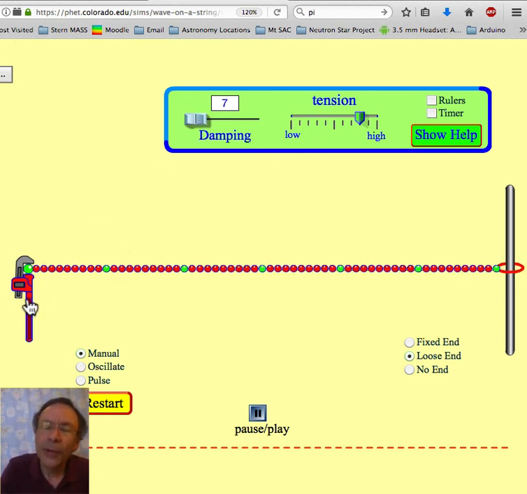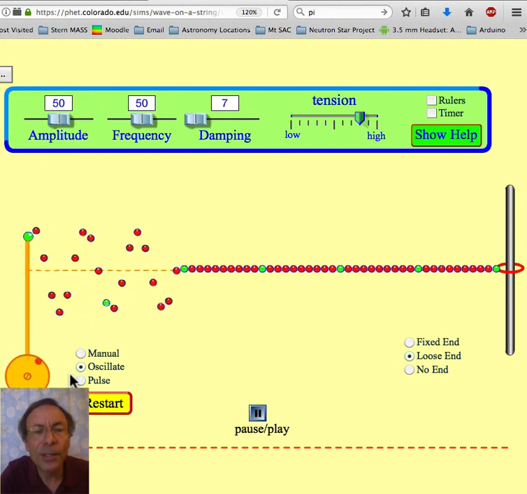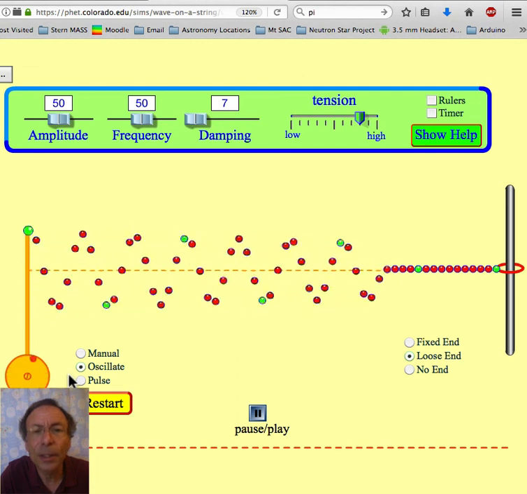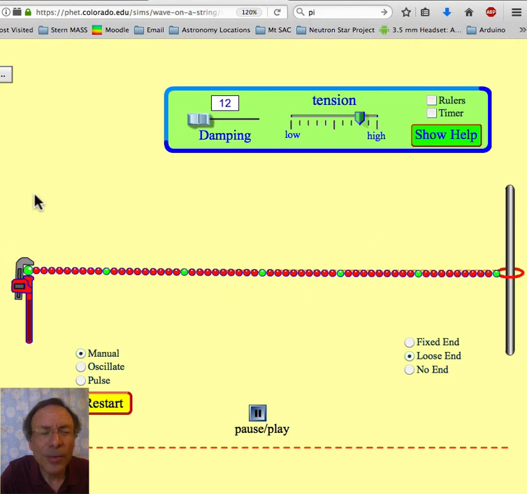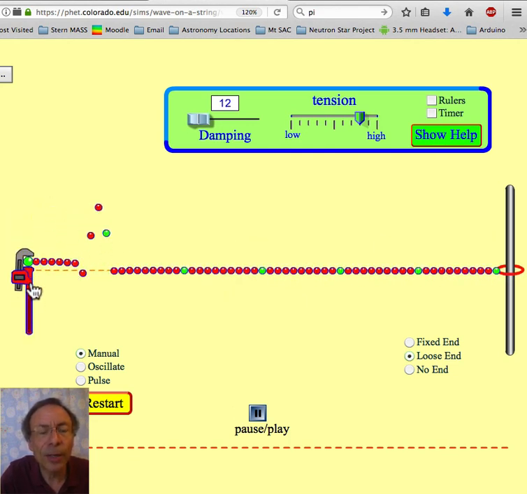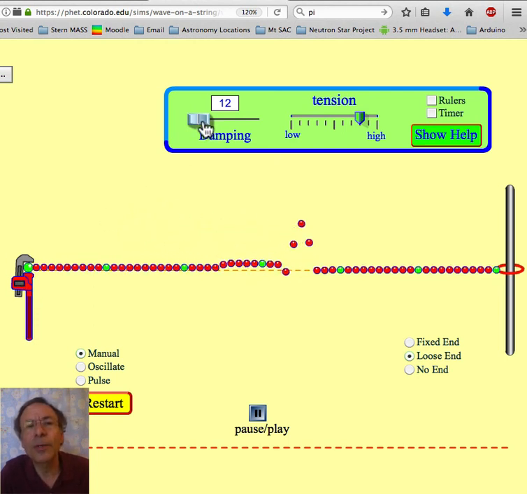Now, here's another thing I want to show you. Usually, we think of waves as being sinusoidal, right? Like these are sinusoidal waves. I'm going to go back to manual here. The waves don't have to be sinusoidal. You've already seen me make pulses, right? That's a perfectly legitimate